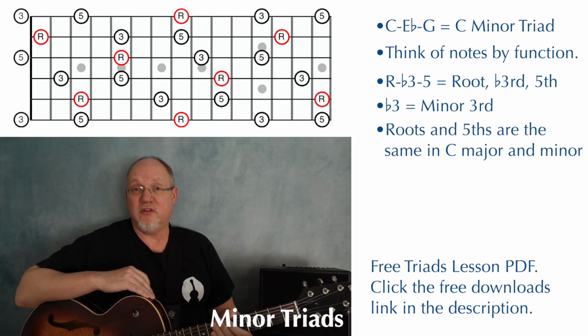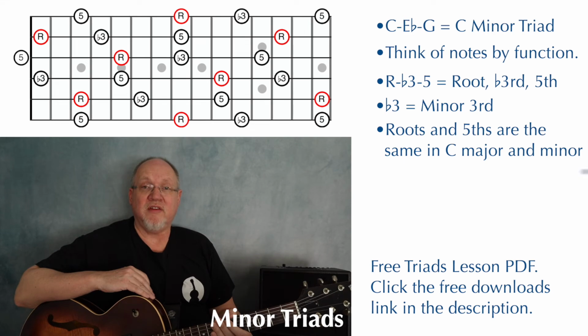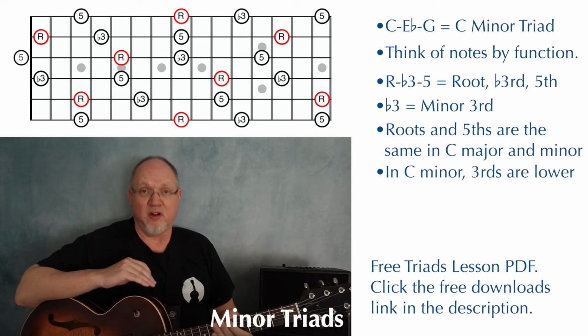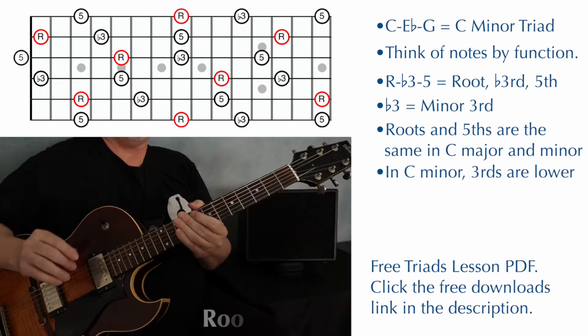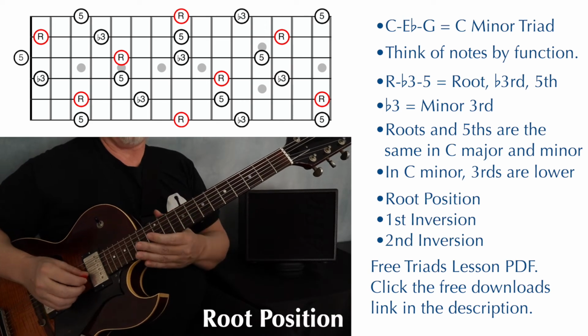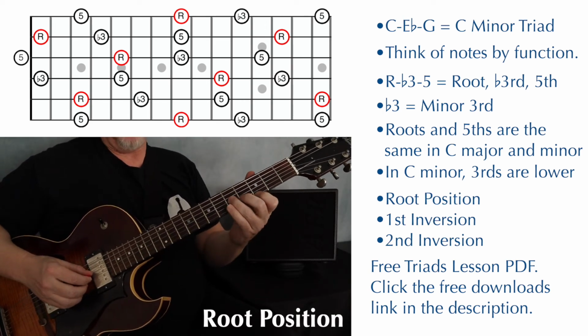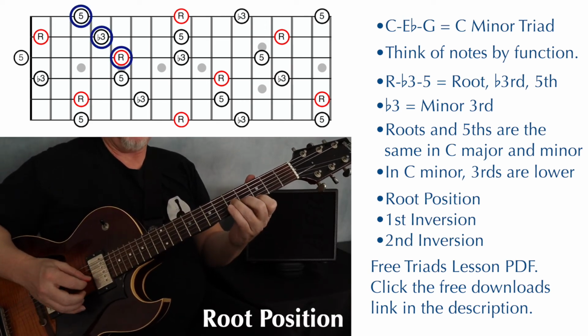If we compare this to the C major triad map we were just looking at, you can see that the roots and the 5ths are all in the same place, but the 3rds have all been lowered 1 fret. They all appear 1 fret to the left. Just as with major triads, you can play minor triads in root position, root, 3, 5,